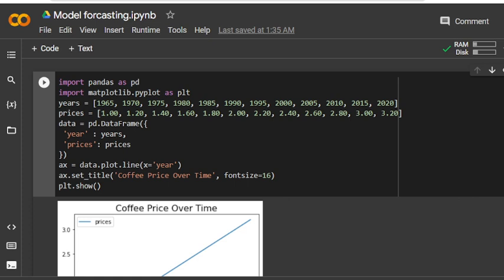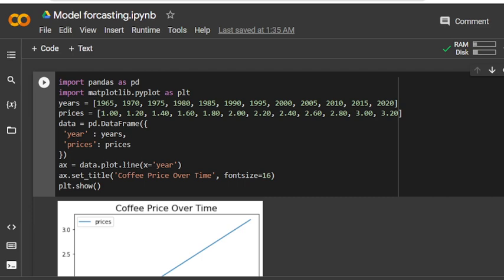AR we discussed previously as autoregression, and this is MA, the moving average. After some time we will discuss ARMA combined, and in the future if I get time, then we can also analyze ARIMA, SARIMA